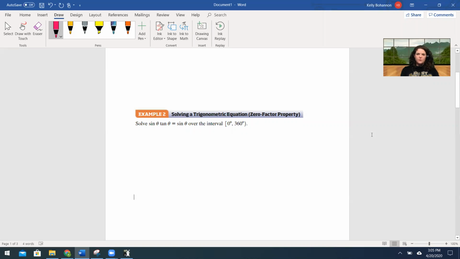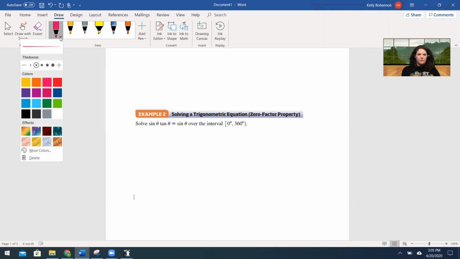6.2, example 2, we're solving a trigonometric equation. This time we're using the zero factor property. And hopefully when I do that, you'll know what they mean by zero factor property. So in this case, I'm solving